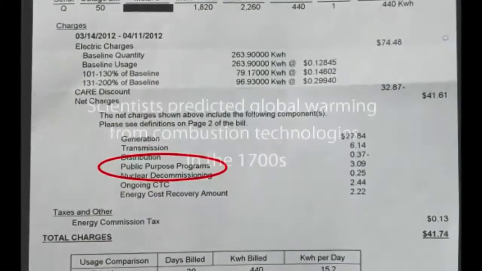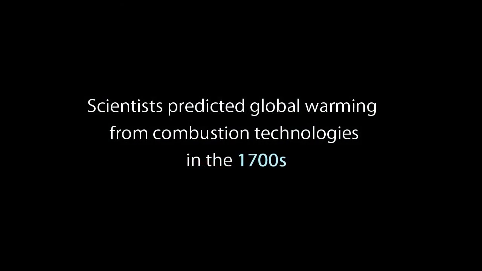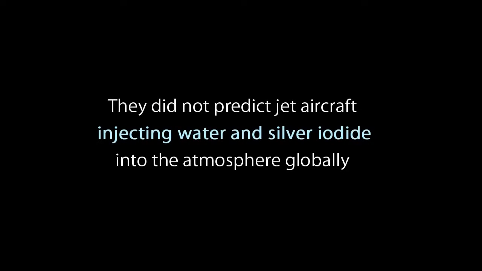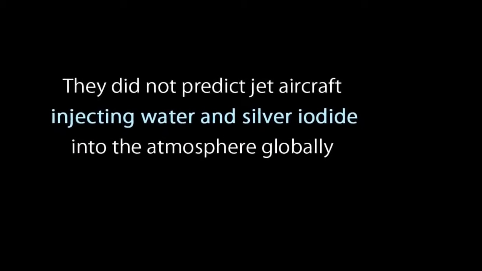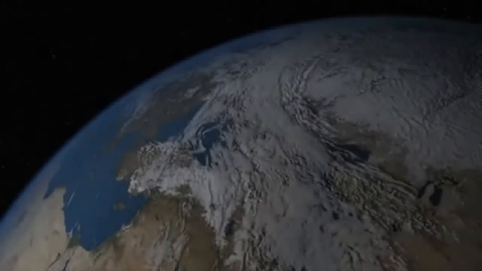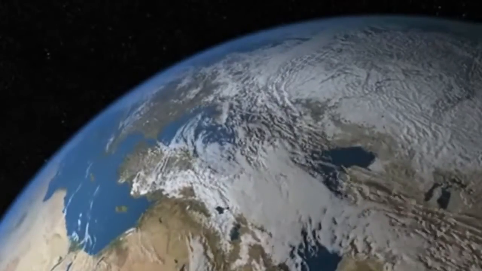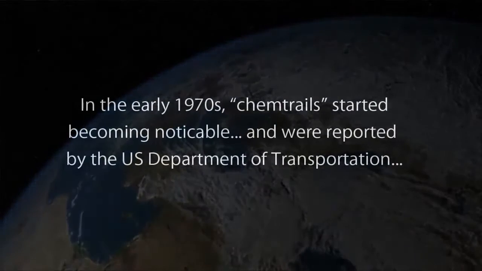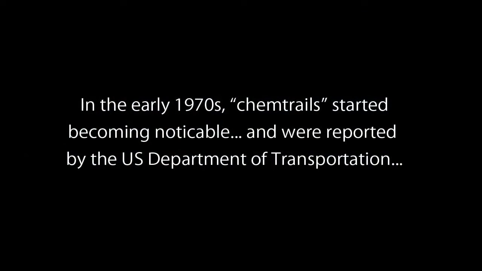Let's look briefly at another important historical fact that's missing from climate change discussions: where our concerns about human interference with the atmosphere and climate actually came from. After Dr. Vonnegut's invention of silver iodide cloud seeding began to proliferate around the globe, these improved weather modification techniques quickly began to have a profound effect on the atmosphere. This did not go unnoticed by the U.S. Department of Transportation, which reported to the Secretary of Commerce that air traffic was beginning to affect the weather by